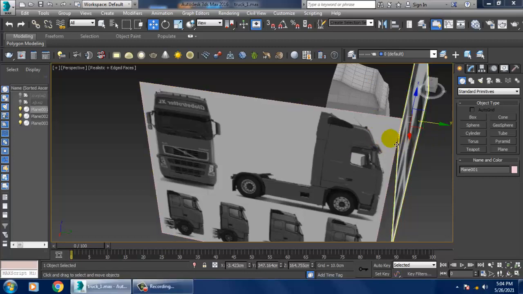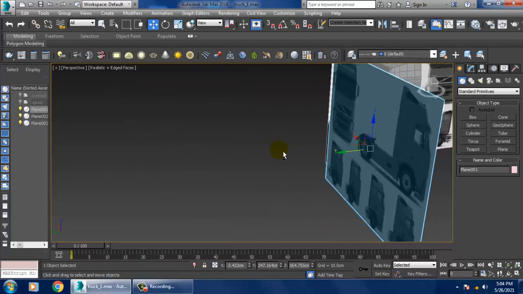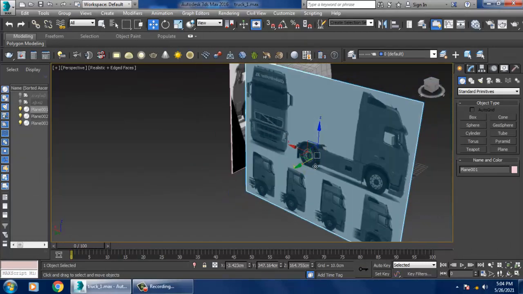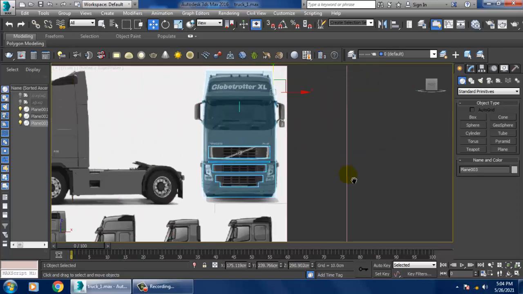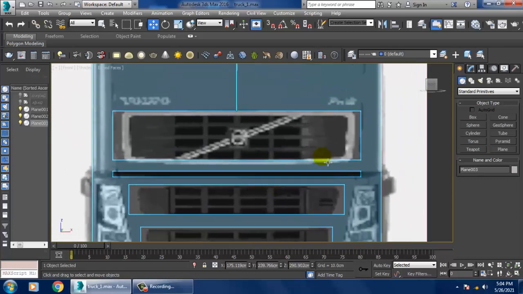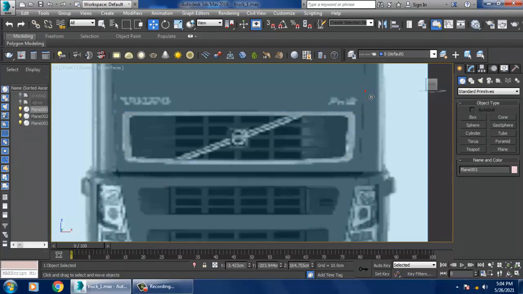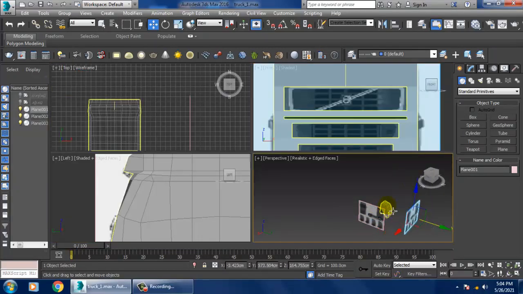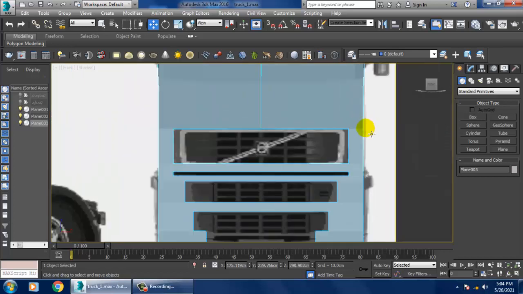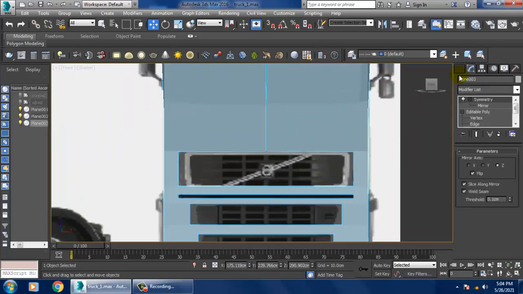So let's get started. As you can see over here, we have started with the modeling of this particular Volvo truck. Let's continue with its details. Let's select this particular part.